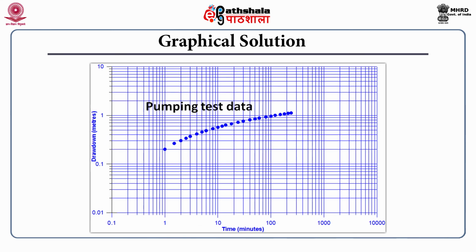Now, this is an example of the test data, pumping test data. So, in the field we can observe the time of the pumping, and also we can observe the drawdown nearby to the pumping well. So, drawdown is there on the y axis and the time is denoted on the x axis, and both the axes are on the semi log paper on the log scale. So, that is why it is known as the pumping test data on a logarithmic paper.